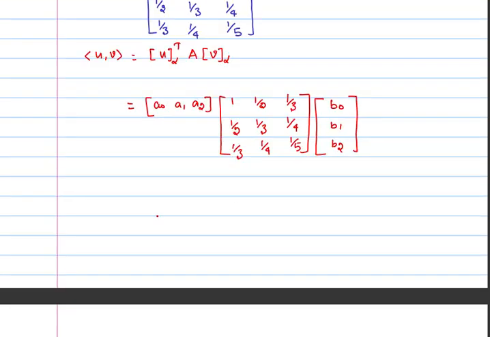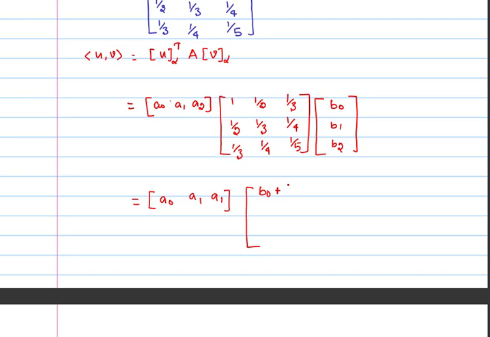You simply multiply. Matrix multiplication is associative, so first we do this multiplication, then finally we do the vector multiplication. Now you will get